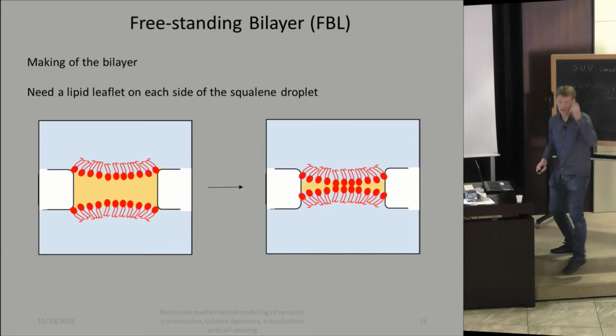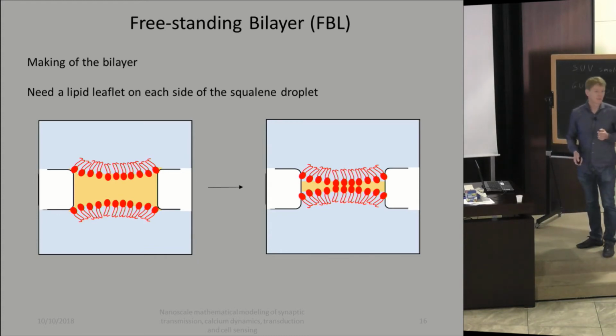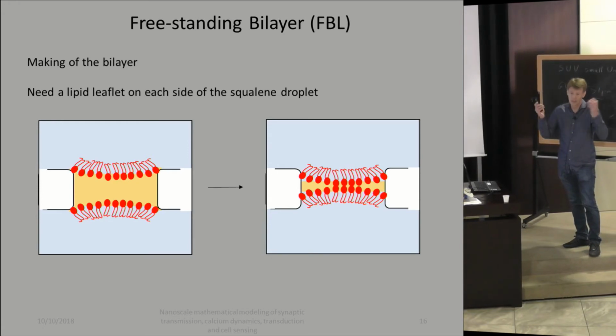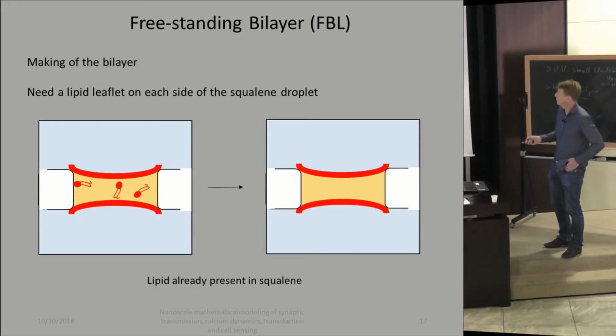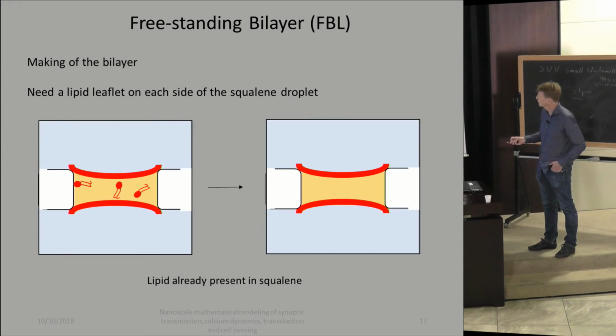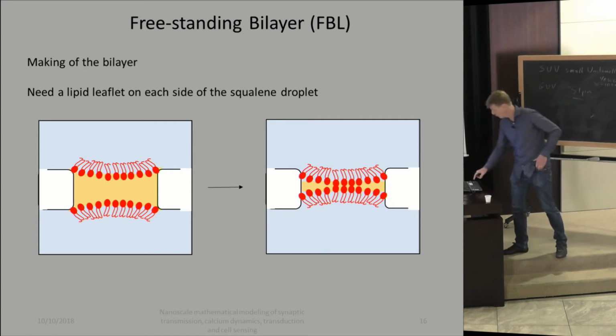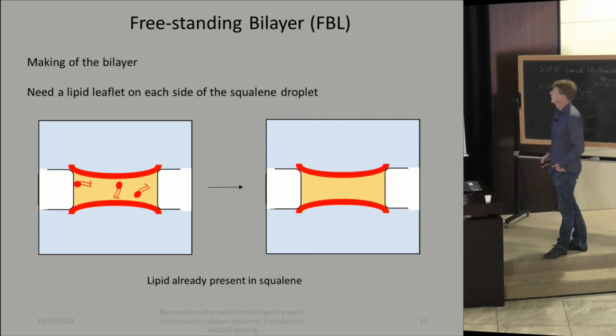Okay, the question is, how do we get the lipids there? Because if you want a bilayer, it's fine. We had squalene initially, but if the squalene is absorbed at the end, you just have a hole. We need to have 1 monolayer on each side, and when the squalene is absorbed, we'll have a bilayer that forms when it's in contact. How do we get the lipids there?